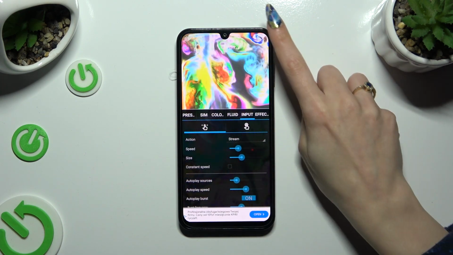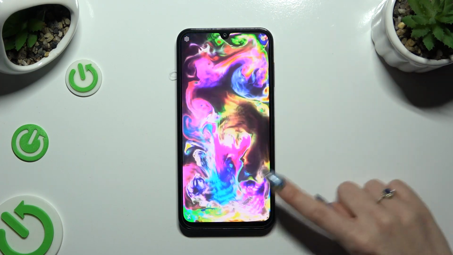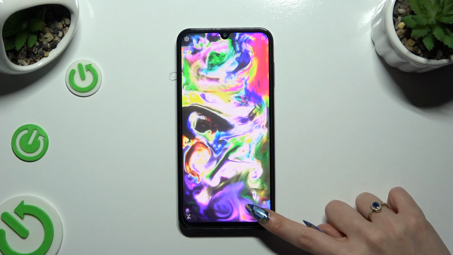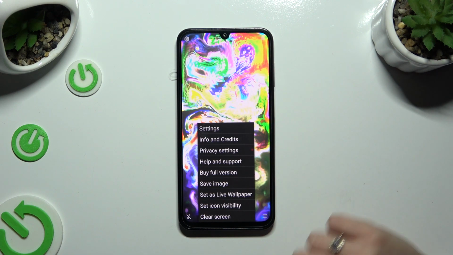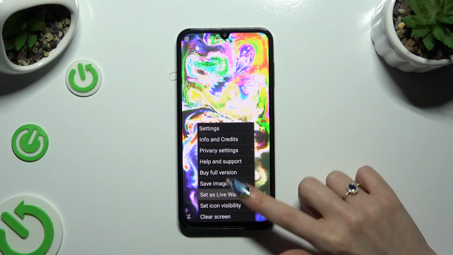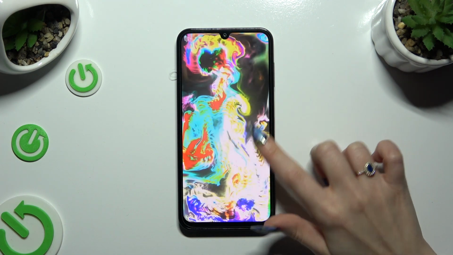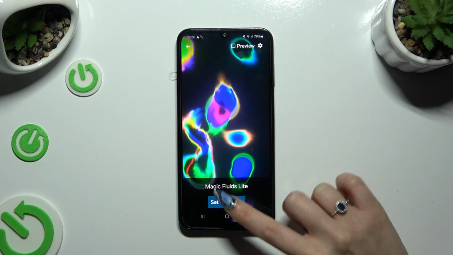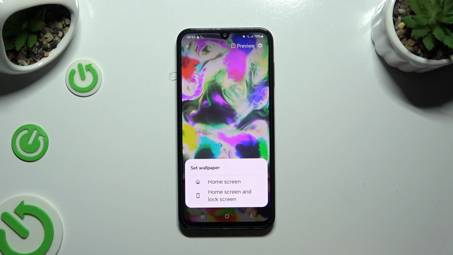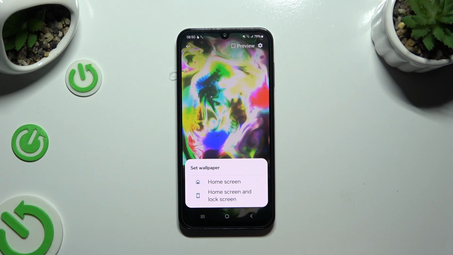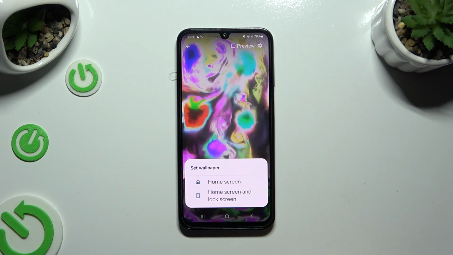When you're ready, click at the top right corner and bottom one over here. Then choose Set as Live Wallpaper. Select Yes. Hit Set Wallpaper and decide where you wish to apply it, on home screen or home screen and